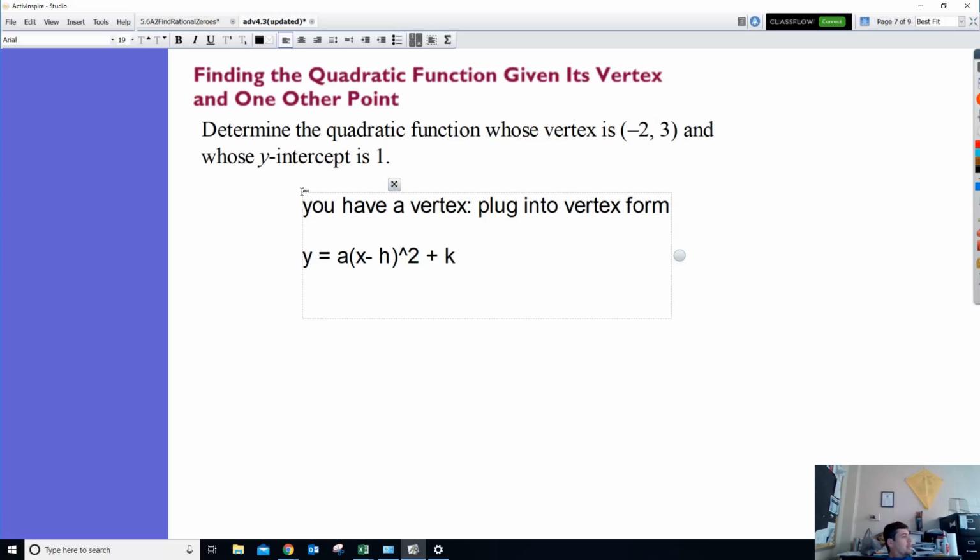Do some replacement. I don't like to throw everything in on the first line. A lot of kids do, and they never seem to know what's going on. The first thing I do on line 1 is I replace h and k. I don't know what a is. What's h? Okay, minus -2, yep. Plus k, which is